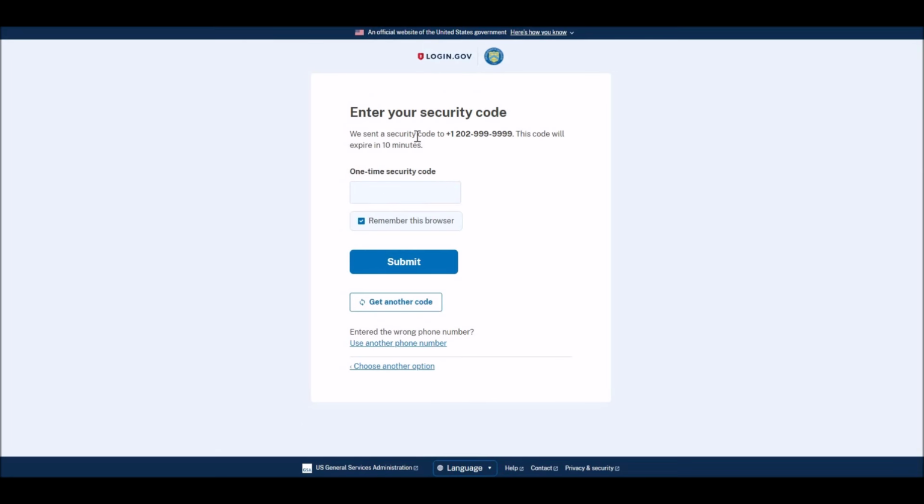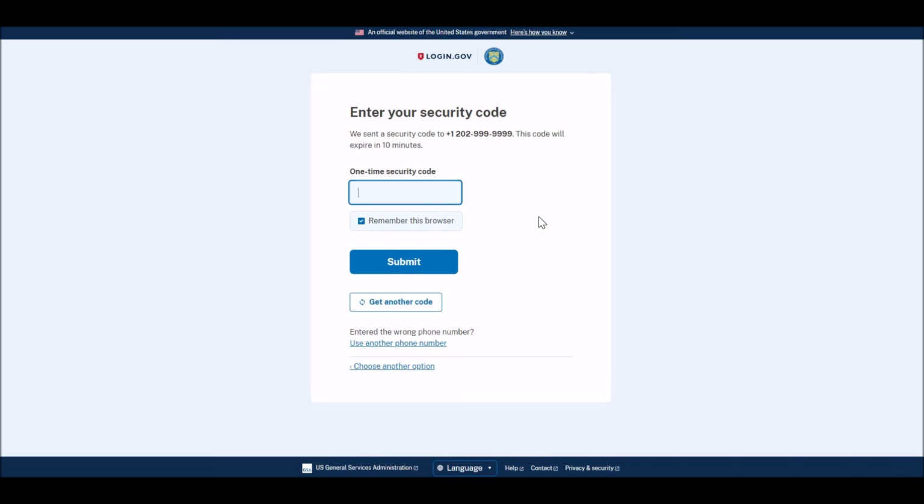All right, so I get a notification that a security code was sent to the number that I selected. You should have received, in this case, a text message to the phone number you provided, and you'll use that code. In this case, it is a 6-digit alphanumeric code that you'll enter in the box here.